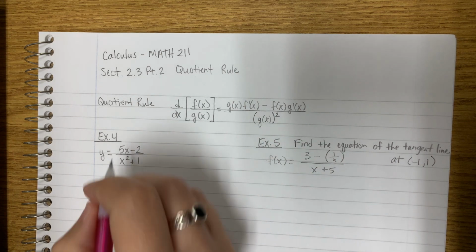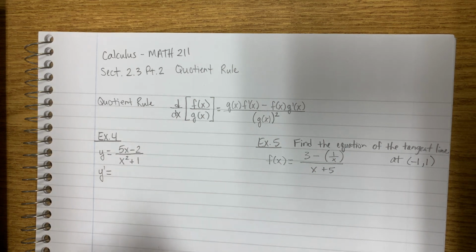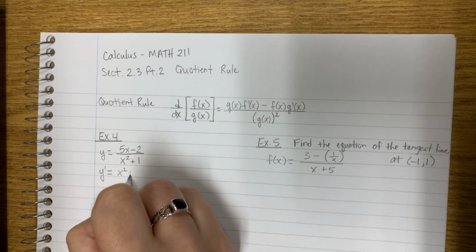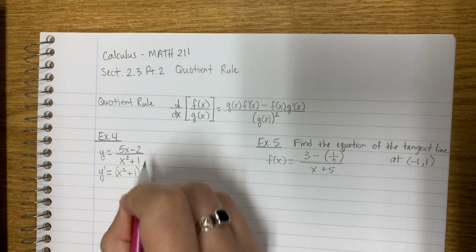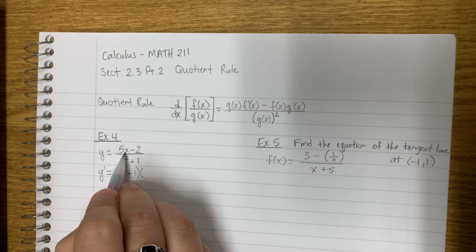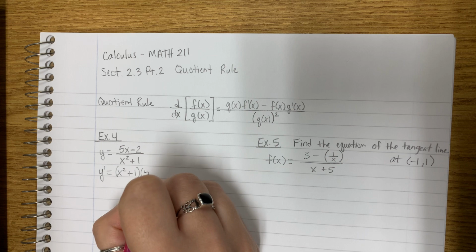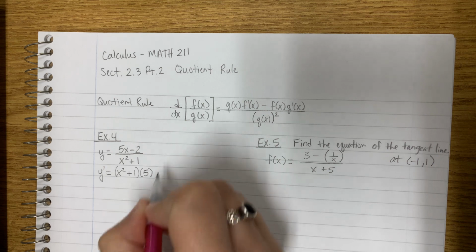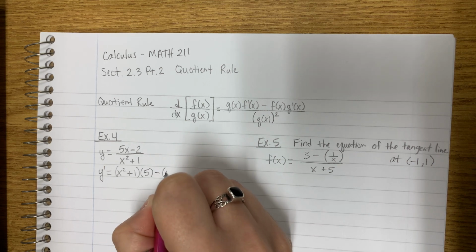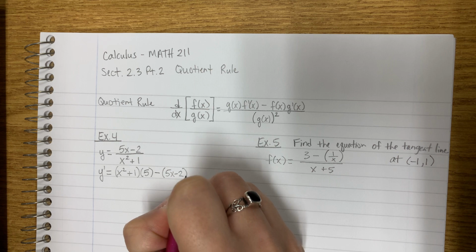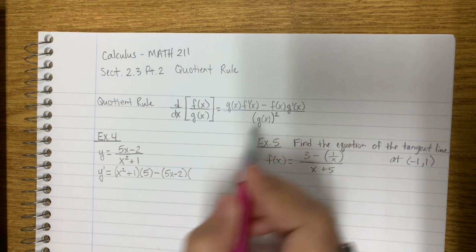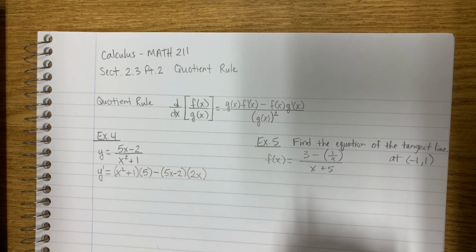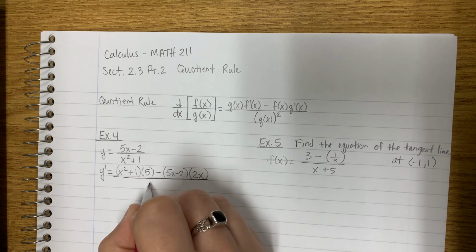Okay, so let's try this one. So y prime is going to be low. So I'm going to start out with my x squared plus 1 times the derivative of the high. So d high. The derivative of 5x is 5. The derivative of this minus 2 is 0, so it's just 5. Minus high as is, so 5x minus 2, times d low. D low would be 2x. All over low